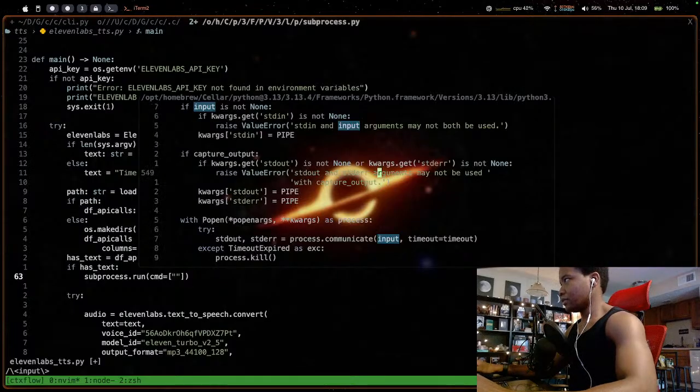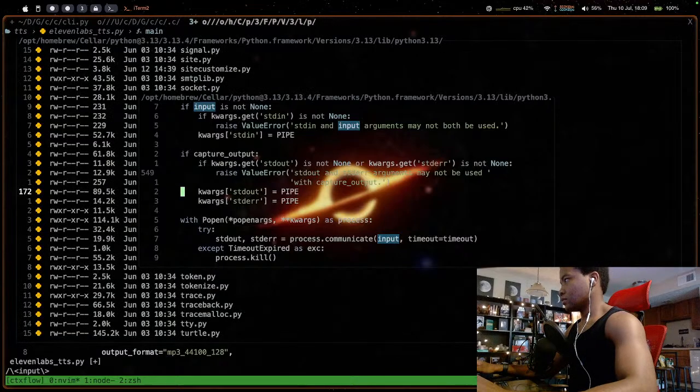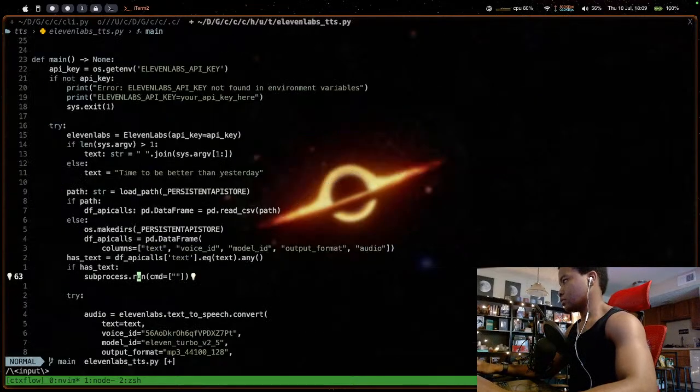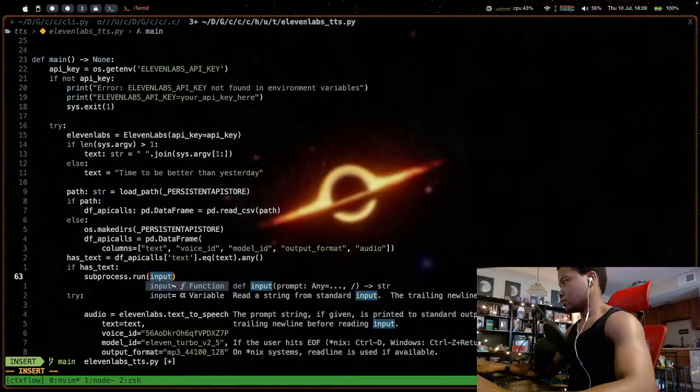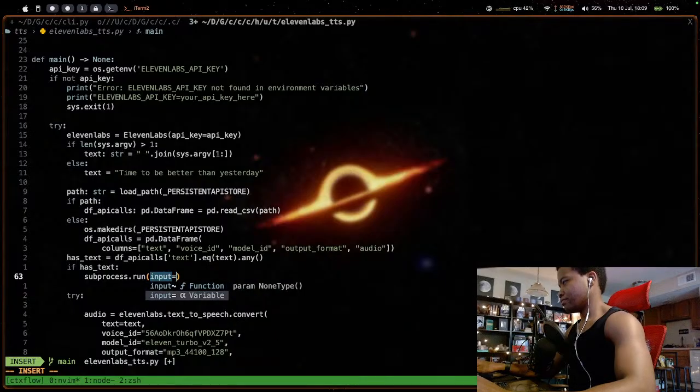So input is a command. So it's not cmd, it's input. It's literally just a string.